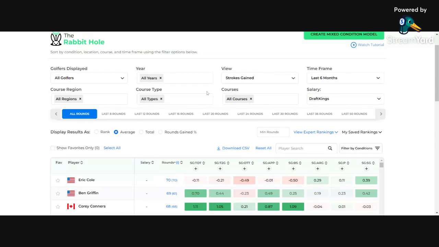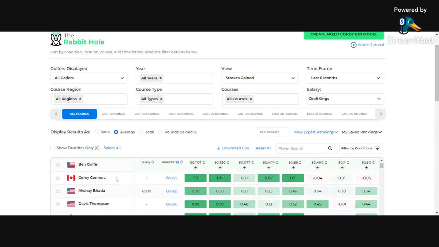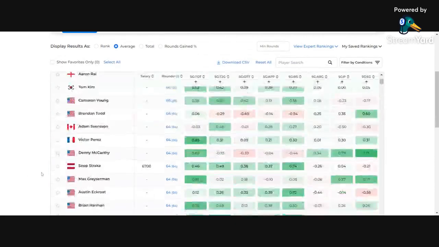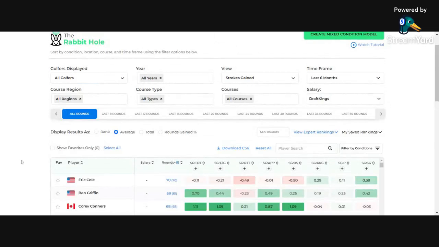So we will start here with the golfers displayed menu. Right now it's set to all golfers. What this means is every single golfer that has played a PGA Tour round, depending on the time frame, right now it's at 6 months, will be listed here. So very comprehensive. And if you wanted to switch this to the current tournament, which is the Tour Championship,